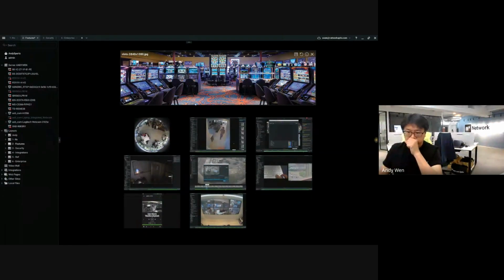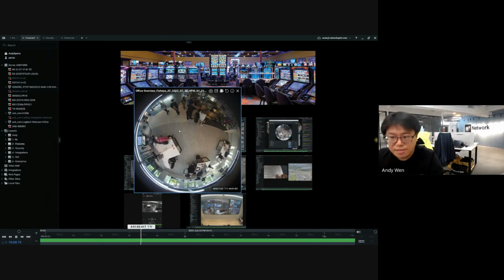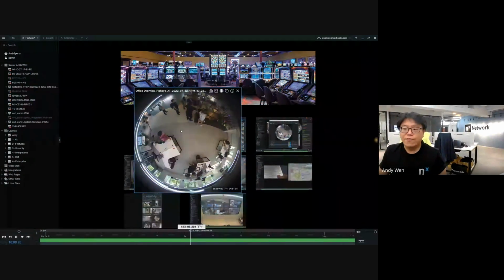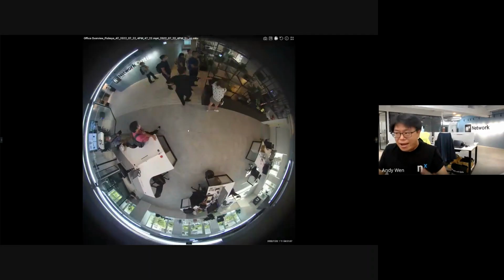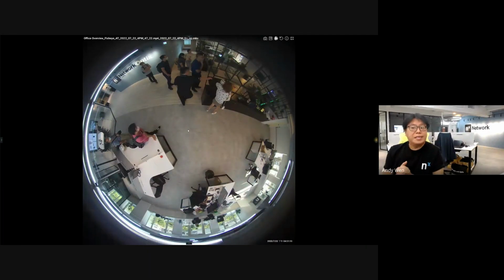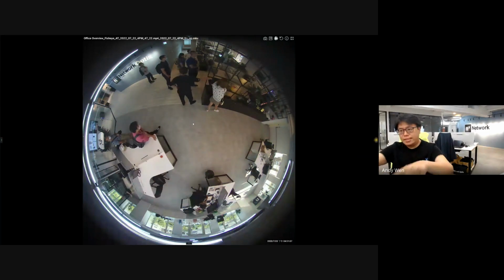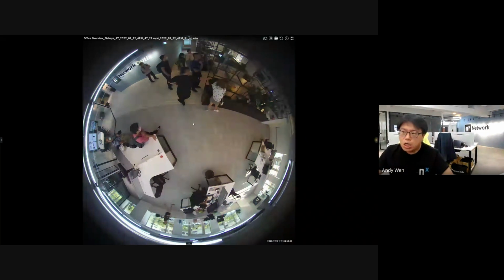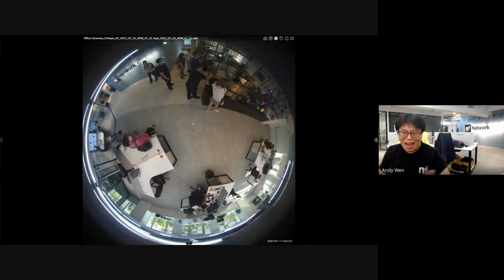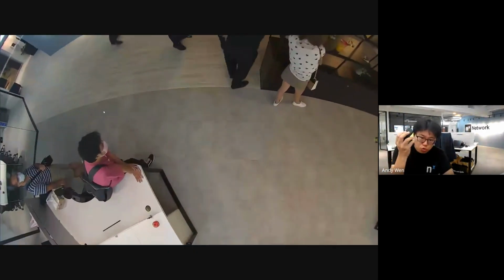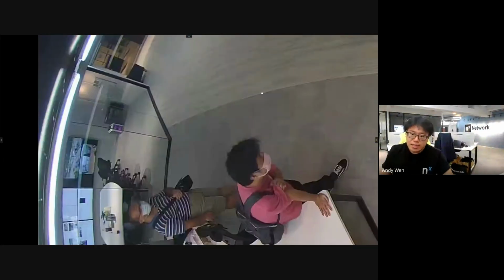So these are some functions that users really like. All right. So one of them is the fisheye developing. Right now, I believe there are more and more cases using the fisheye camera, right? And for a fisheye camera, the good thing is you can see that this is our Taipei office, right? Just one camera can cover most of the area, right? You can simply use your mouse to zoom in, right? And then you can see